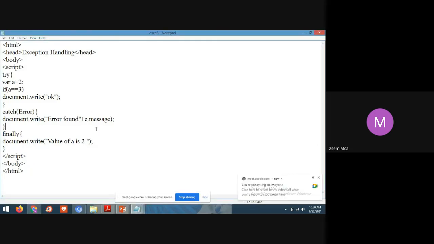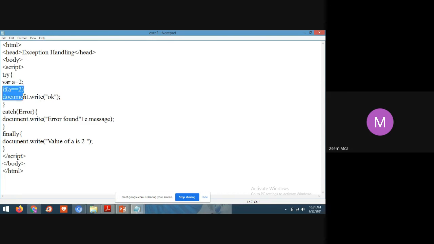See here, students. In this example, I have used a try block, catch block, and finally. So how the program will execute is, first the compiler will find the try block. In the try block, we write an expression or the statements.